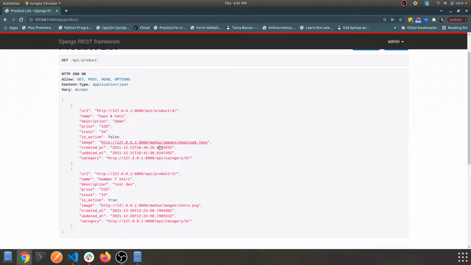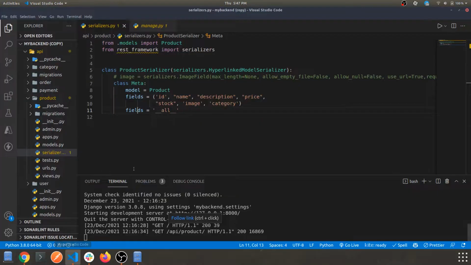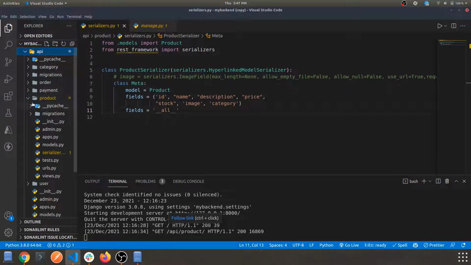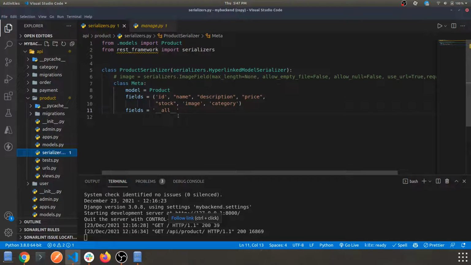So let's directly get into it. This is our code. Make sure you navigate to the API app, and within that app we have the products API app, and within that, serializers.py. Previously what we had is this class Meta, the model, and the fields which indicated all the fields, which will take all the fields irrespective of what your selection is.